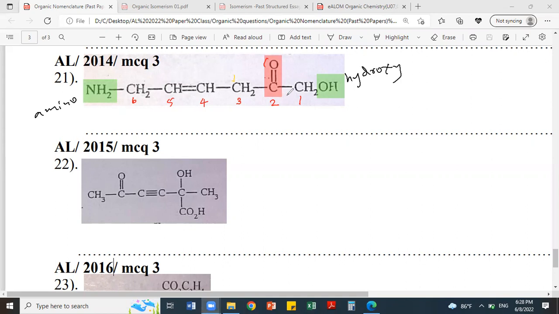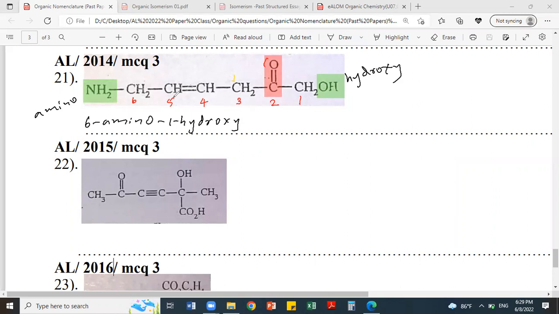What should come first, Chenemi? Hydroxy or amino? 6-amino or 1-hydroxy should come first. Yeah, alphabetical order: amino, not the number. We consider the first letter of the name. Amino should come first, and amino is attached to the 6th carbon. Therefore, 6-amino. No need to start with a capital letter. You can write everything in simple letters. 6-amino. After that, hydroxy. The OH is attached to the first carbon, that is 1-hydroxy. After that,